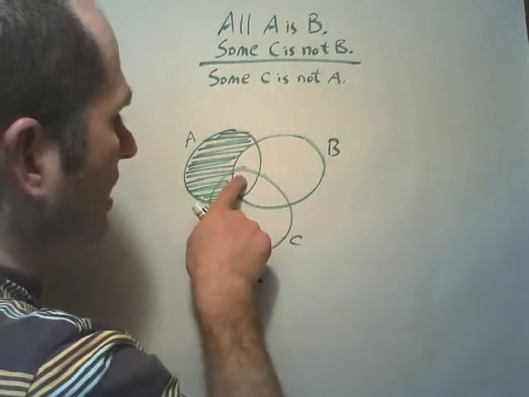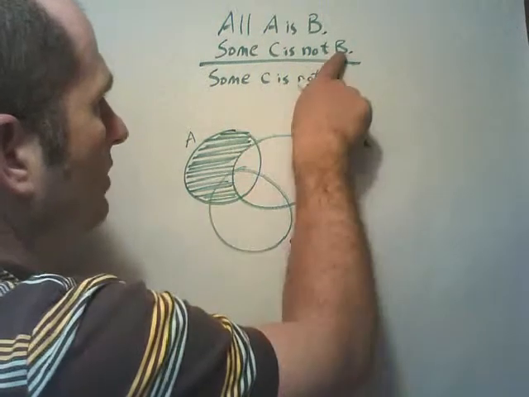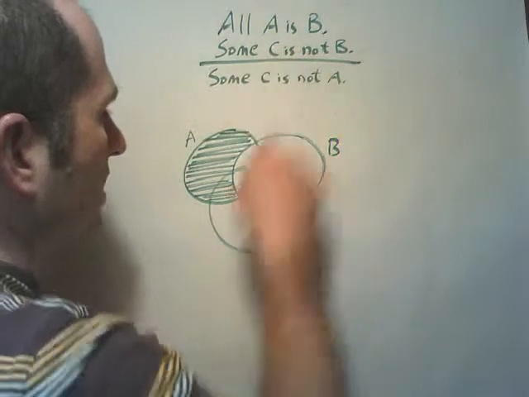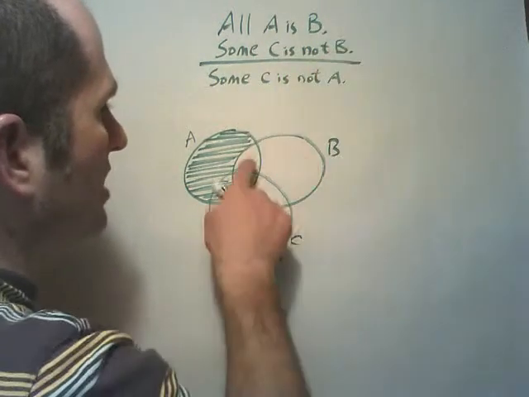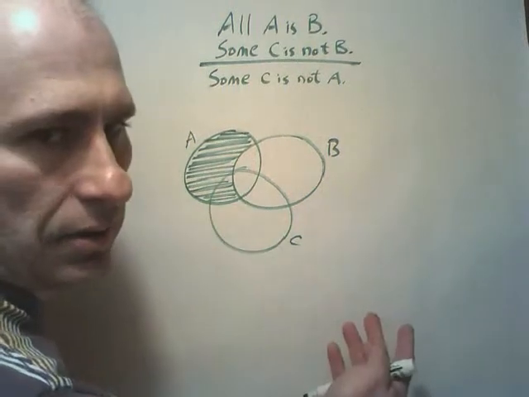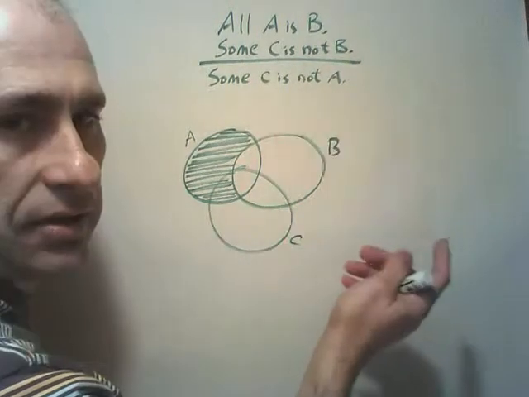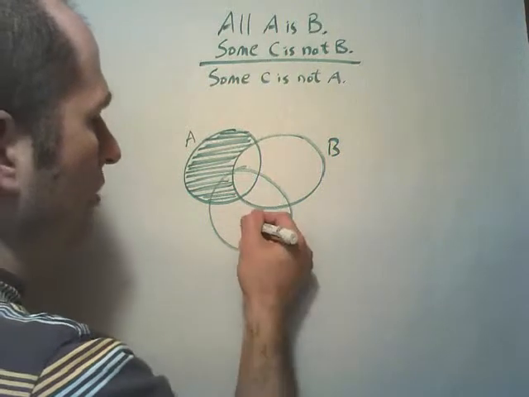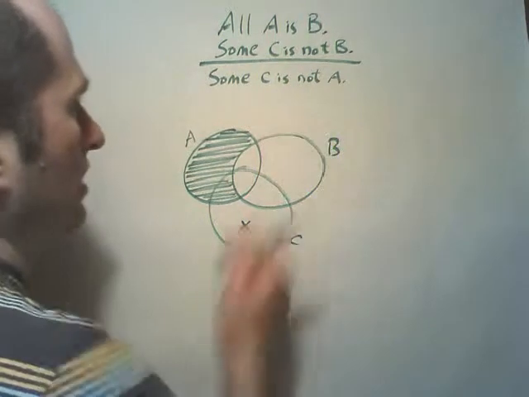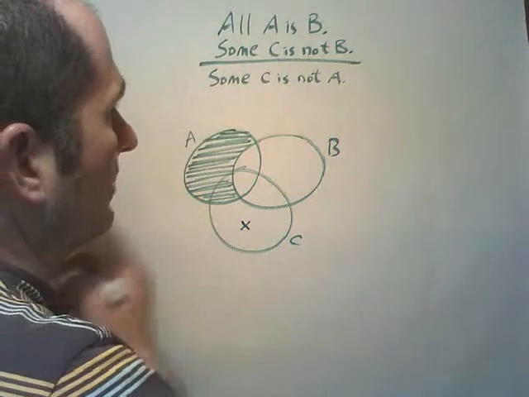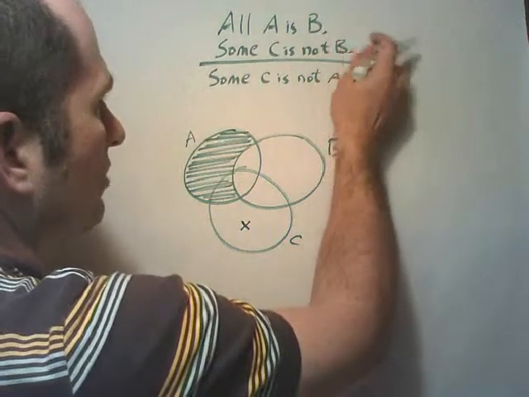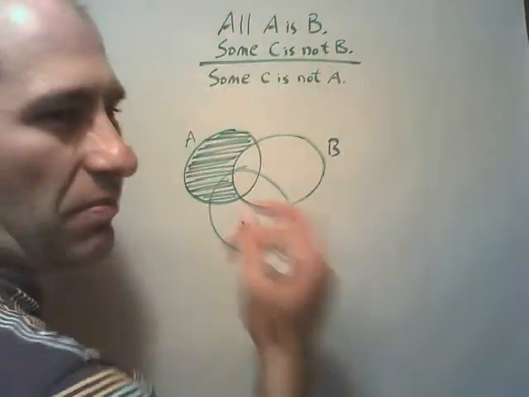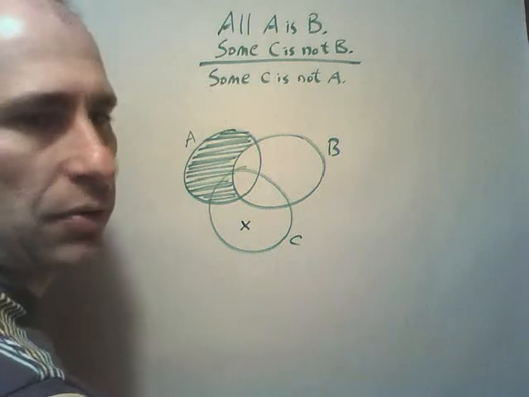And I can't put it here, because it will also be a B, and this is saying it's not a B, so that won't accurately represent it. And I obviously can't put it here because that's outside the C circle, and that's outside the C circle. But there is this space, so I can put an X right here that represents the premise, the minor premise. This would be the minor here. The universals are conventionally taken to be the major premises. But anyway,